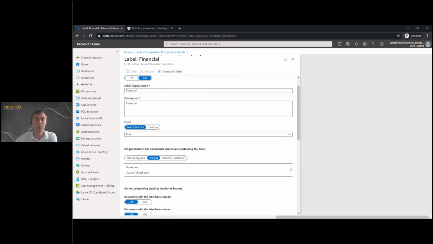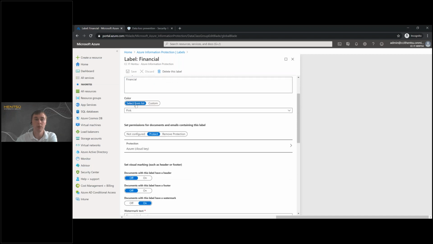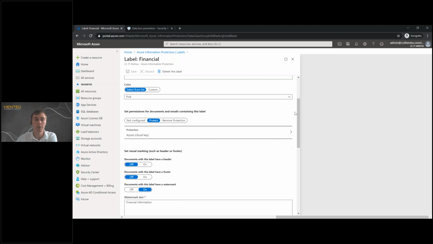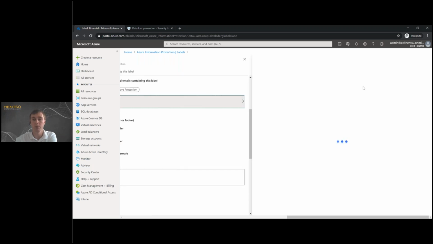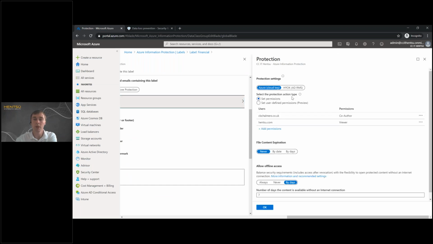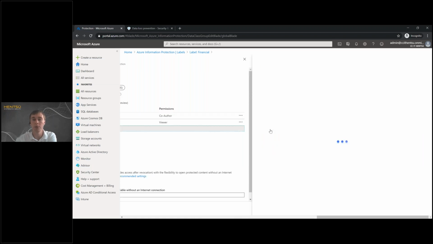You can set display names. The colors are available here as well if you have any company branding that you want to try and match in. From the protection side, if we look at that firstly, you can set the permissions here. So in this case, for my external domain, it's a co-author. My hintsu.com domain is a viewer, and if I add permissions,